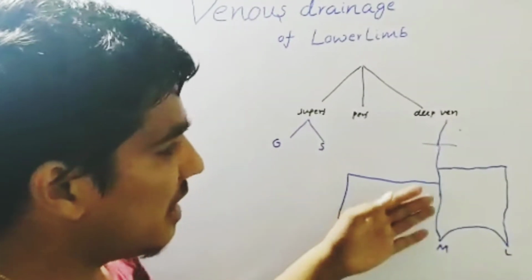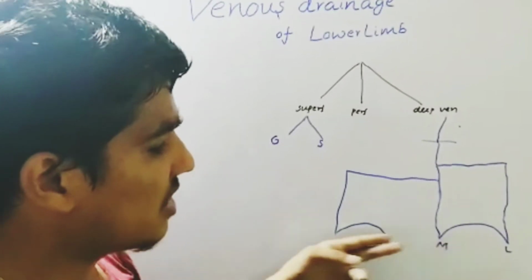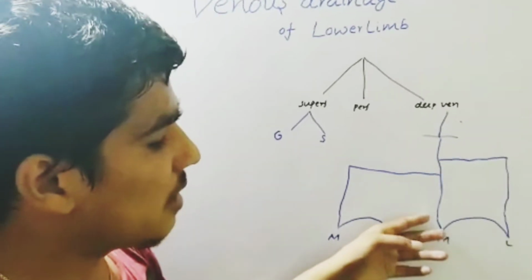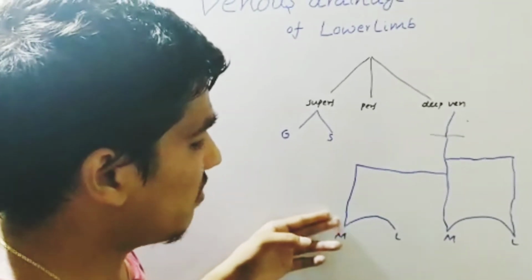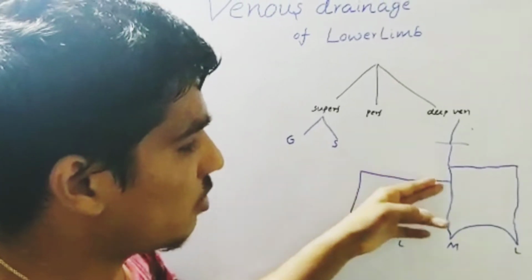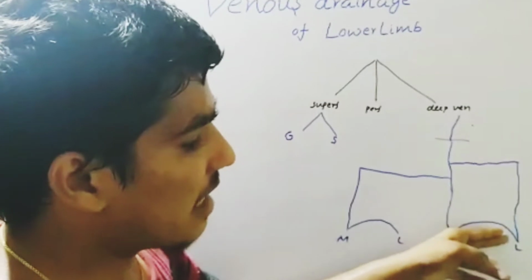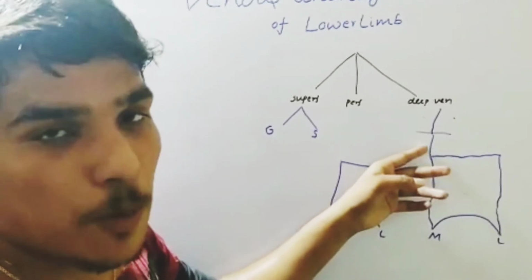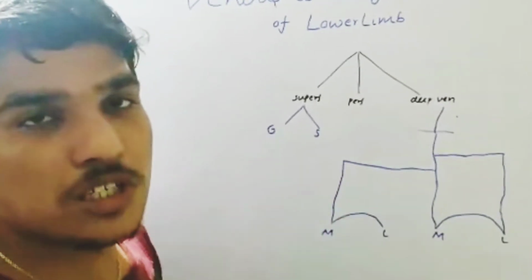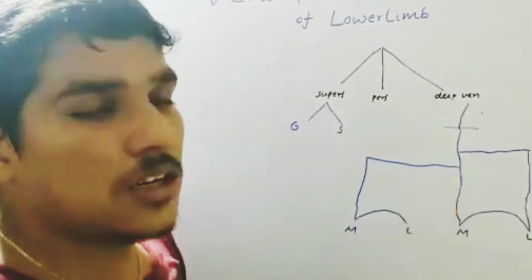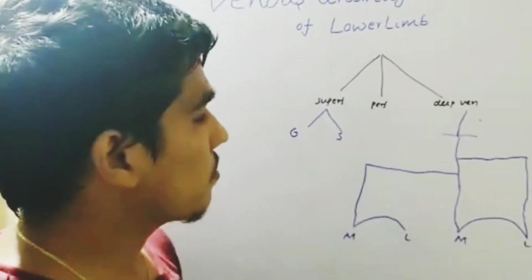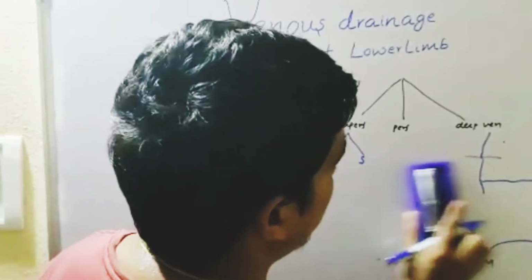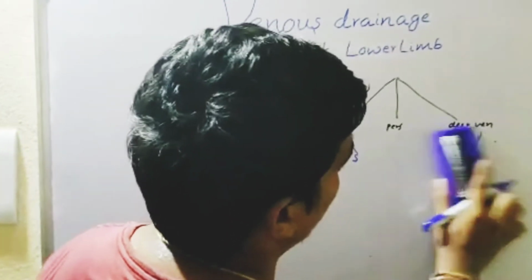So friends, how does this deep venous system arise? It is having two arches. One is the dorsal venous arc and another is the plantar venous arc. The plantar venous arc, the medial side is giving the posterior tibial vein. From the medial side of dorsal venous arc, there is an arise of anterior tibial vein. From the lateral side, the peroneal vein is going to occur. This peroneal vein is going to open into the popliteal vein, which is formed by the fusion of anterior and posterior tibial veins. Now this popliteal vein is going to continue and form the femoral vein at the junction of adductor hiatus. So friends, now the deep venous system is completed, and the last session today is about the perforator